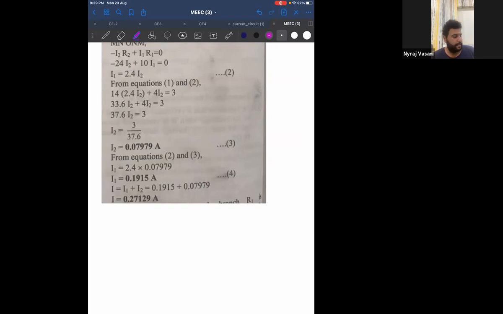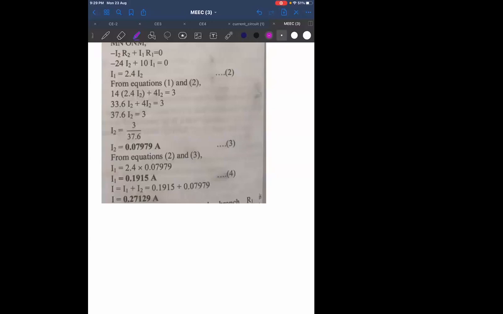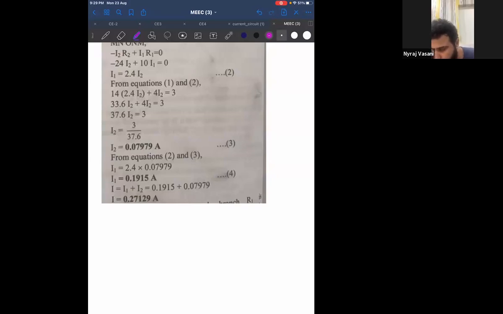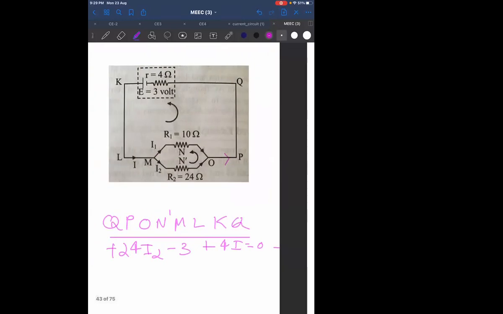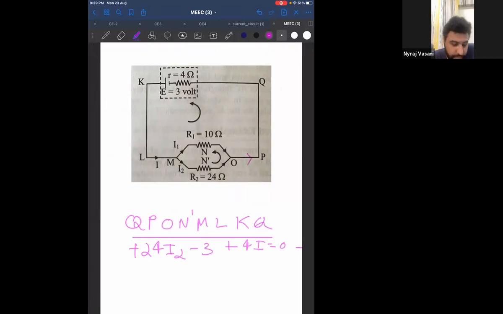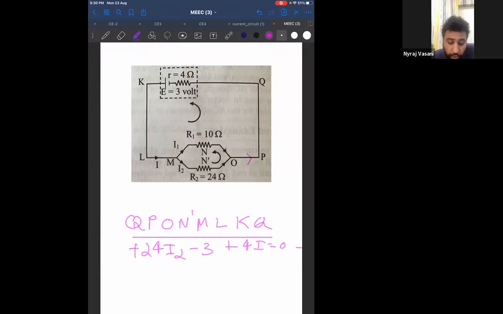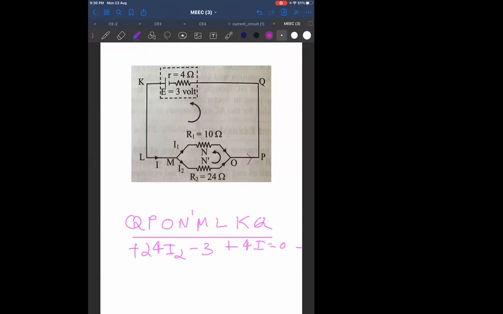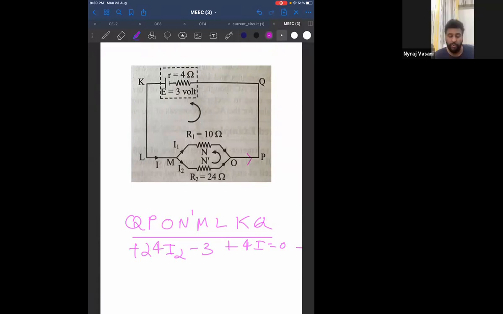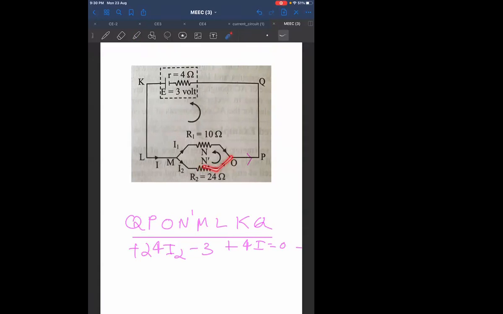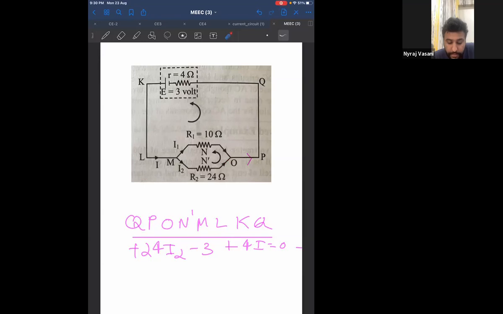Aniket, we will discuss our doubt in the next class. Yes, sir, I have a doubt in that previous one. Tell me. Sir, can't we take from O to N dash as plus 24 I? From O to N dash, that means from here to here. Yes. It is plus 24 I2 only, correct?